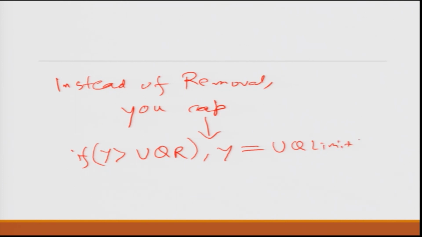So, if y is greater than this limit, you cap it to the upper quartile limit. So, in this way you do not lose the data.